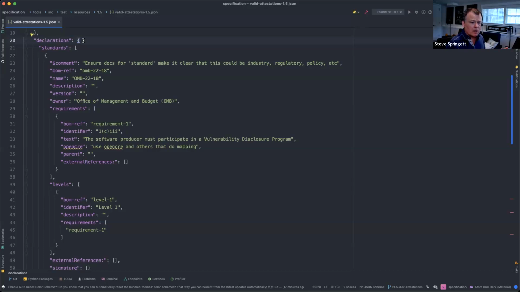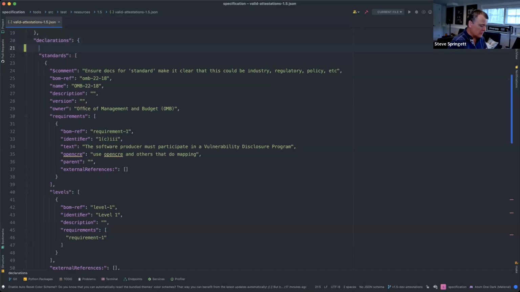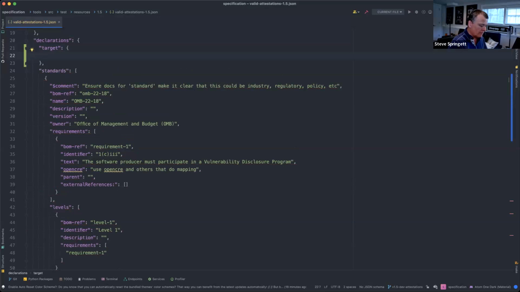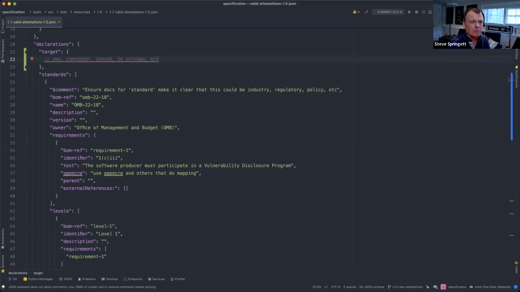We can have a target that is possibly, and I'm just thinking out loud here, if we had a target that was either an organization, component, service, or external reference, we should be able to hit, I think, most of those use cases.